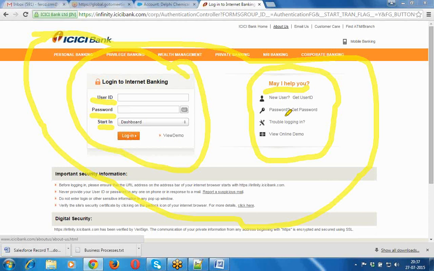So now, as an individual person, whenever I'm trying to log into my online banking, it is giving these options to me. Along with that, it is providing a pick list also that is called start in. This is the pick list it has provided. In this pick list, observe what options are available. You will be having options like dashboard, my account, payments, transfer, investments and insurance, iWish, customer service. So now these are the various options available in this pick list field.